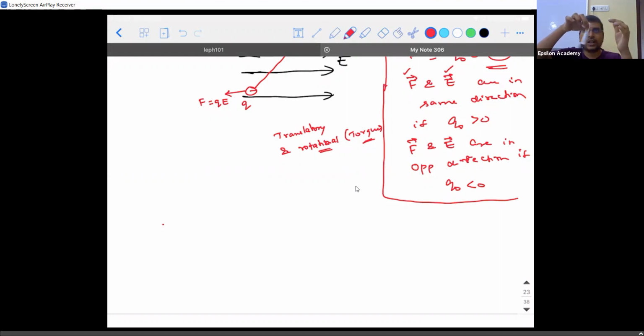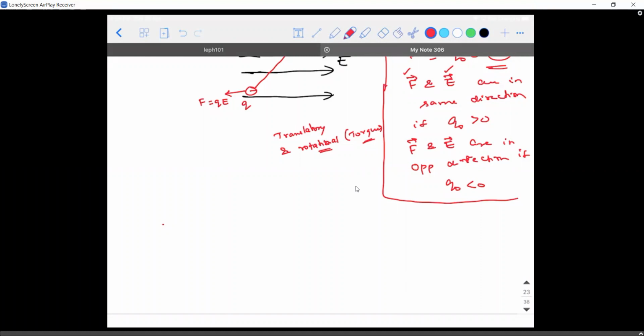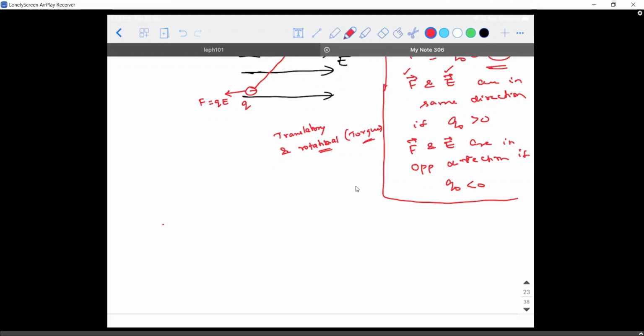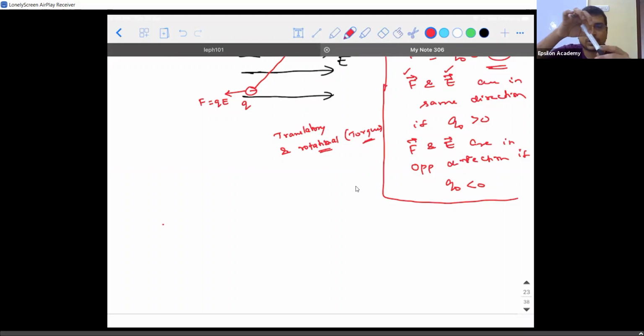Is it rotating or having a translatory motion? It is rotating. If I hold it slightly here, almost near the edge, and slightly move to the left, and leave it again, what do you think will happen? It will rotate, but look at the extent to which it is able to rotate. Here I held it, look at the way it is rotating. Here I held it, look at the way it is rotating. If I move it even closer, what do you think will happen?